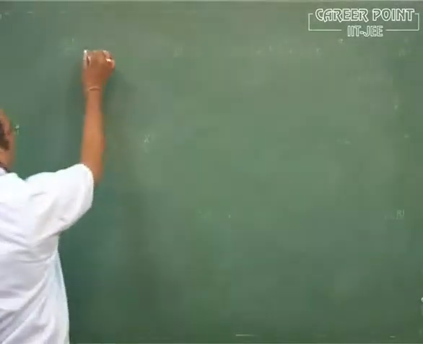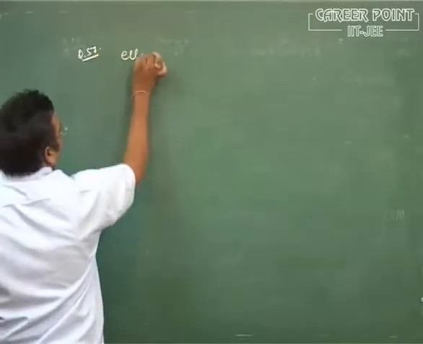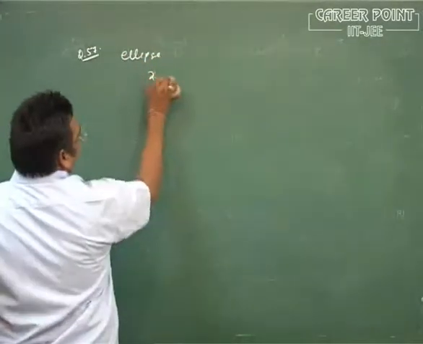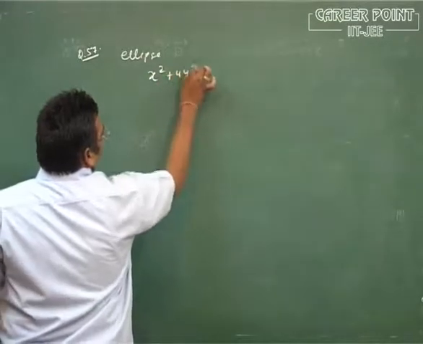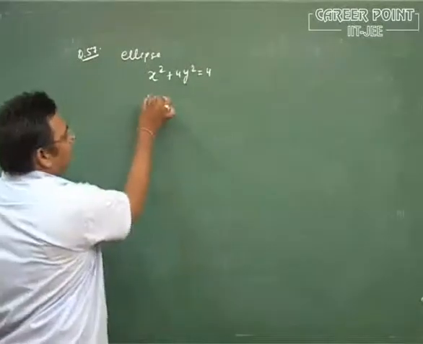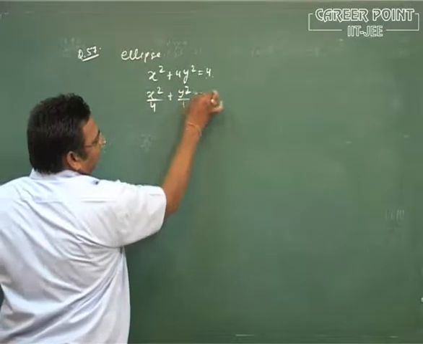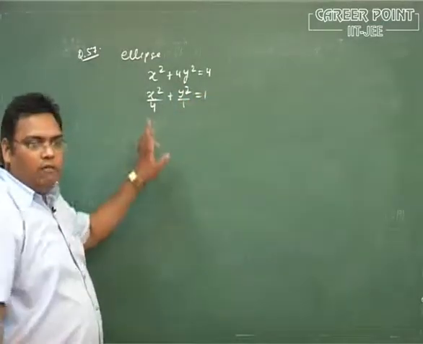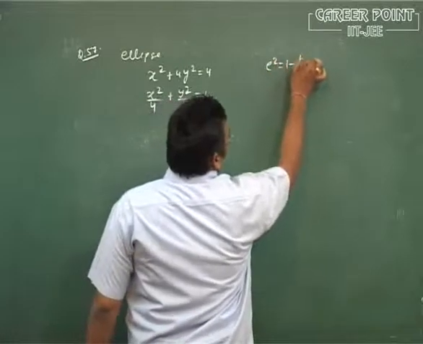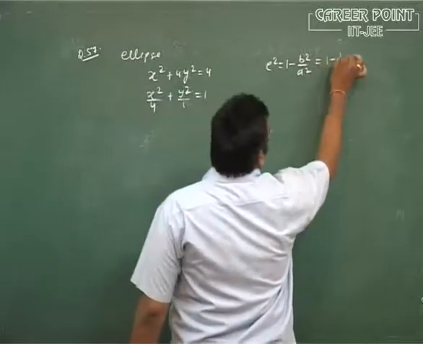The problem number 57. सबसे पहले हम ellipse के लिए solve कर रहे हैं. For ellipse, what is the equation of ellipse? This x square plus 4y square is equal to 4. ओके, स्टैंडर्ड फॉर्मेट में अरेंज करेंगे तो ये वैल्यूज क्या होगी? x square divided by 4 plus y square divided by 1 is equal to 1. ओके, तो what is the formula for eccentricity of the ellipse? e square is equal to 1 minus b square upon a square. That value is equal to 1 minus 1 by 4.